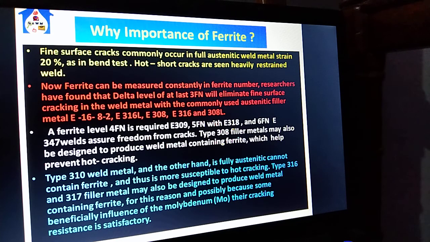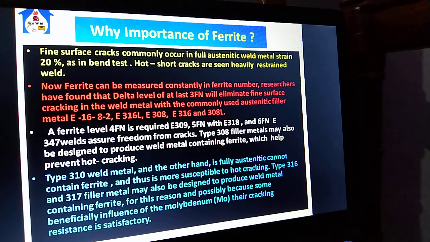Now ferrite can be measured consistently in ferrite number. Researchers have found that a delta ferrite level of at least 3 FN will eliminate fine surface cracking in the weld metal with the commonly used austenitic filler metal